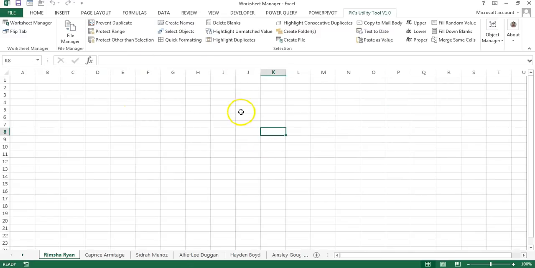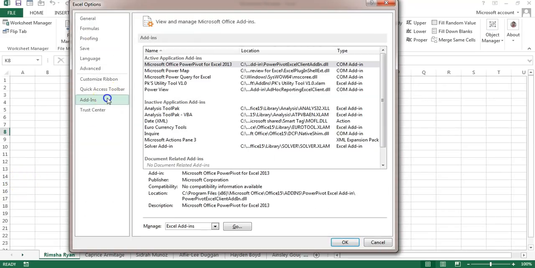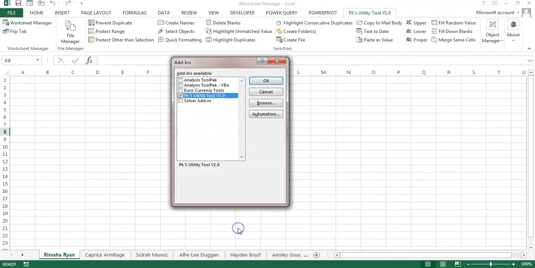Then go to Excel, just open a new Excel file, go to File, Options, and here go to Add-ins. Go to Manage Excel Add-ins and click on Go. It will open the Add-ins window and from here you can go to Browse. To open this window, I'll tell you one more method.